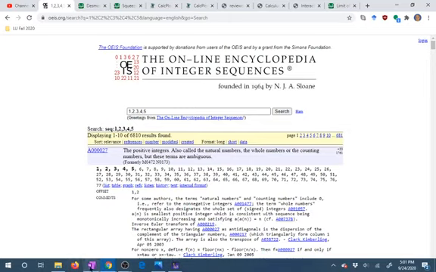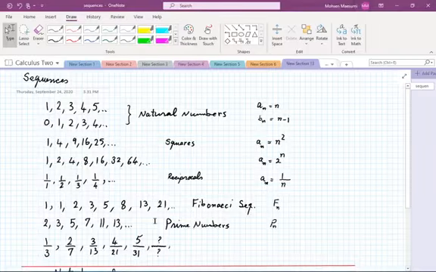It's just by convention that we agree on that. Okay, so